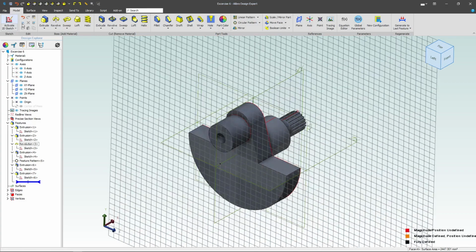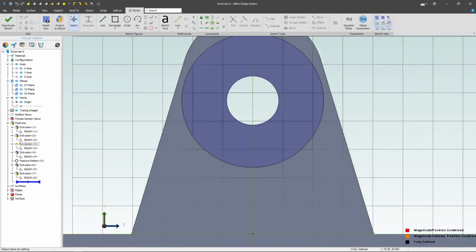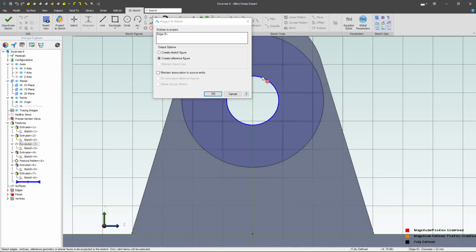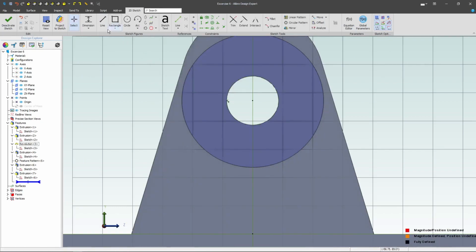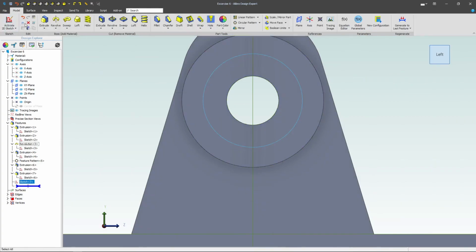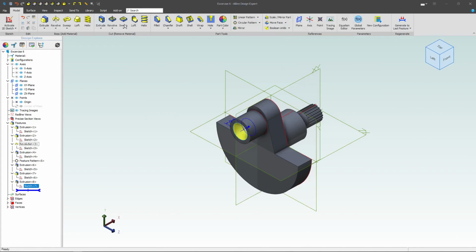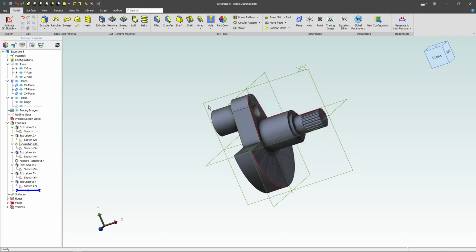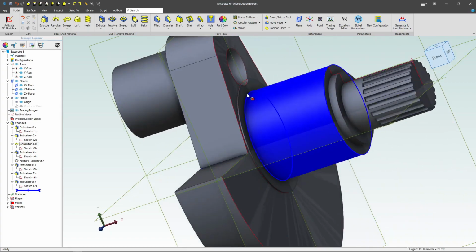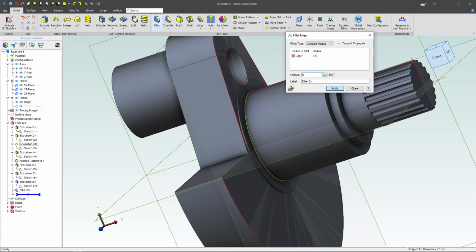Next, I'll grab this end face, create a sketch, and I can do much the same. We can project a reference figure here with maintained association. I'll grab a circle, and we'll dimension it to something like 42. We'll deactivate, we'll do a cut extrude, and we'll go to a distance of -25. Next, I want to add some details. Let's go with a fillet, and we'll place it right here on that edge. I'll choose a fillet of 5